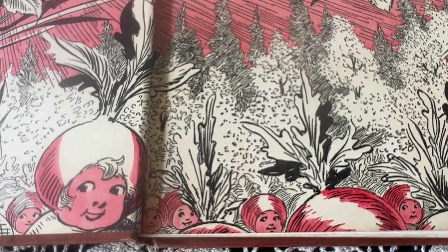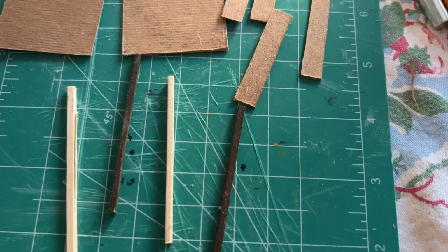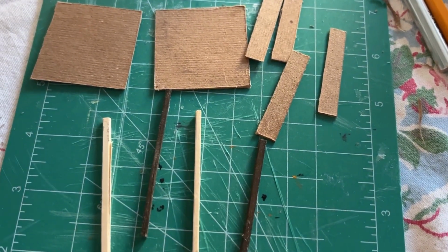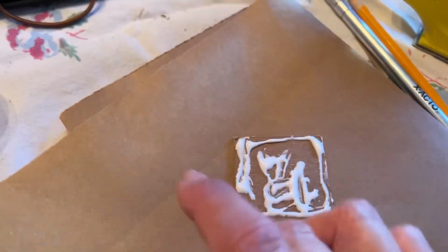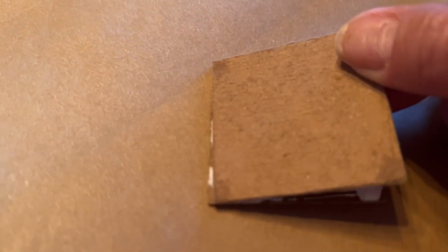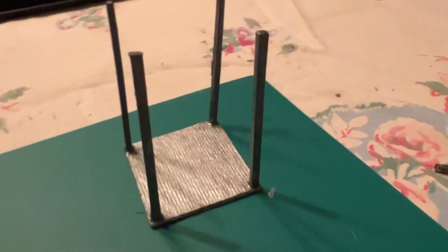All right, well, let's go over to the doll's house and let me show you what I've been playing with. I'm too excited about the infirmary, and I'm just playing around with leftover materials that I have, some little cardboard and chipboard, and I want to try to make a little table. I don't care if it doesn't come out good because I just want something in there right now to keep